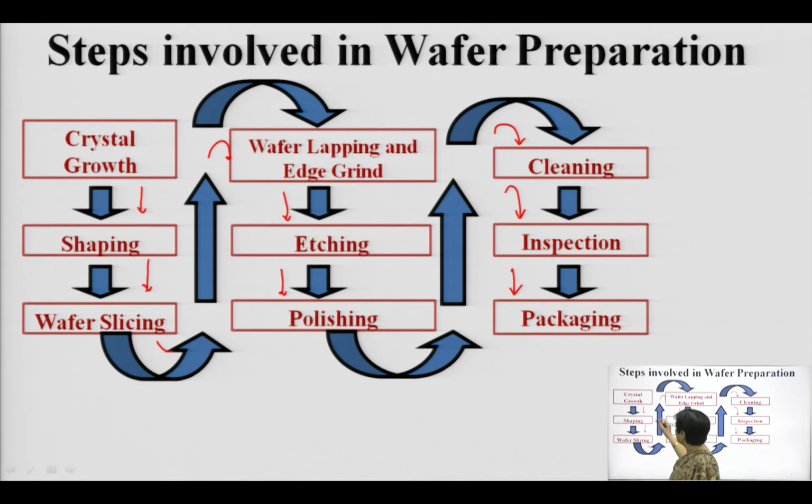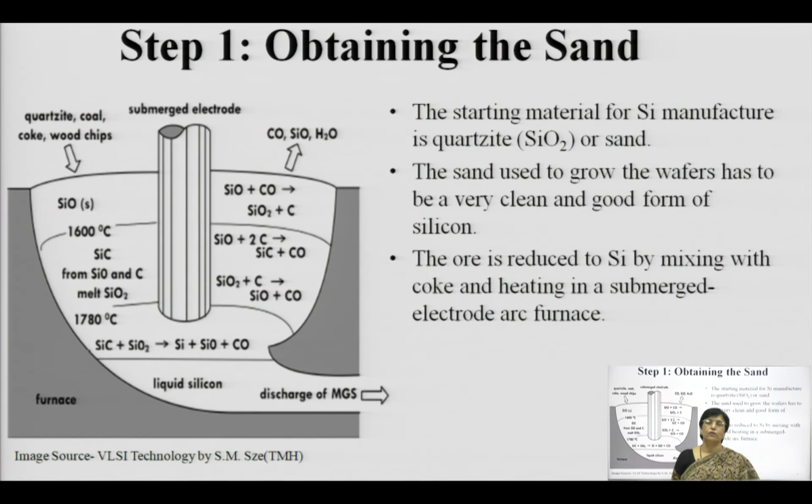Out of all these steps, in this lecture we are going to first focus on the first stage, that is the crystal growth, where we are going to have a single crystal being grown right from the sand. So, how is that done? Under stage 1, that is obtaining sand, this sand is obtained from the clean beaches of Australia, and it is basically from the earth's crust. Whatever sand you obtain is combined with coke and coal, and then in this submerged arc furnace it is heated up to 1600 degrees centigrade.